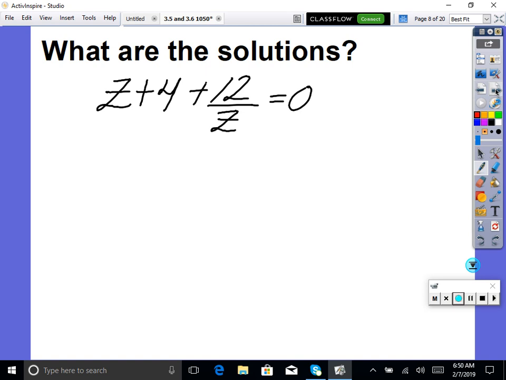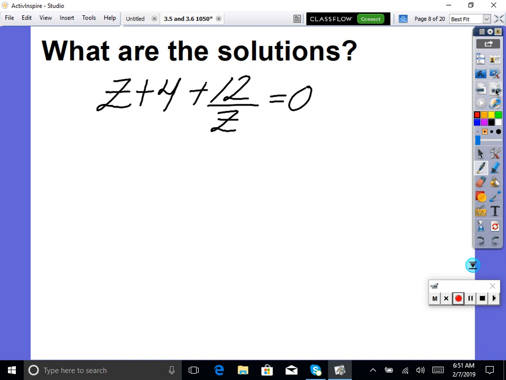Okay, looking at this one, if I said to you, what are the solutions? What would I need to do first? It is not quadratic right now, is it? Okay, what would I need to do first? There's a lot of different ways to tackle it. I'm hearing a few different things. Say again. That's a good thought. But if we get the z's on one side, then that would still kind of be stuck, because it depends on what your thought process is, I guess. Anyone have a different idea? Not that that would be necessarily wrong, but